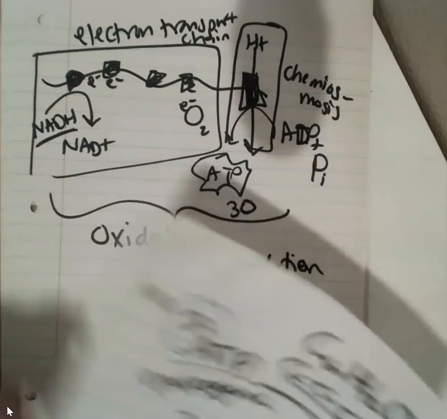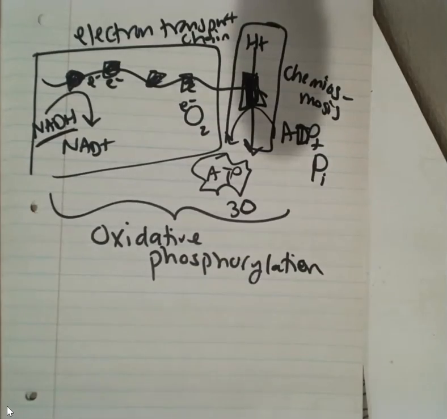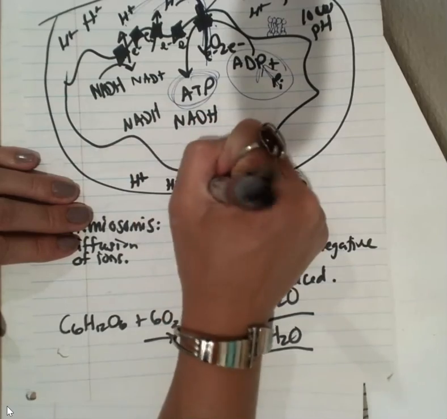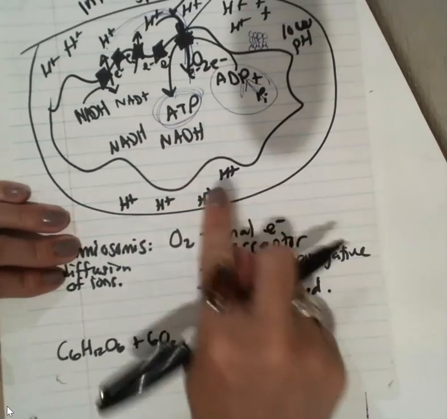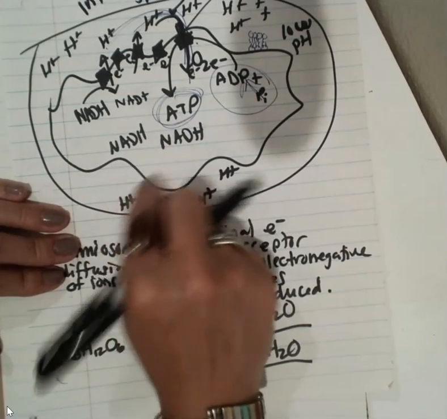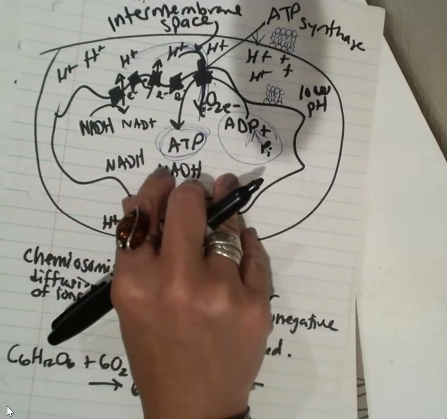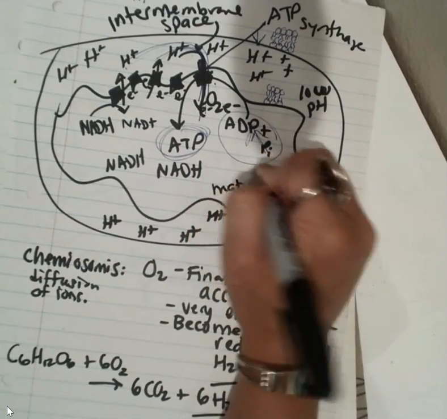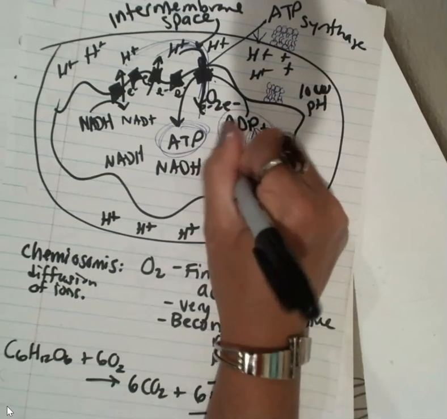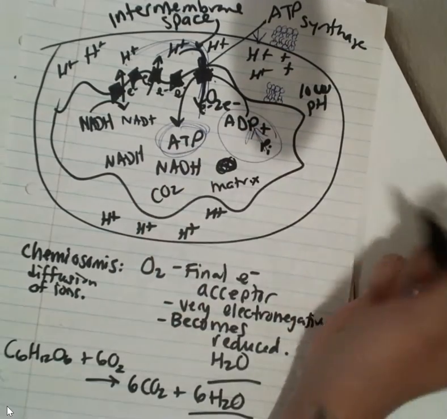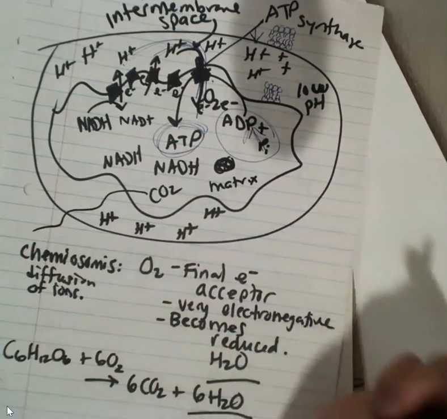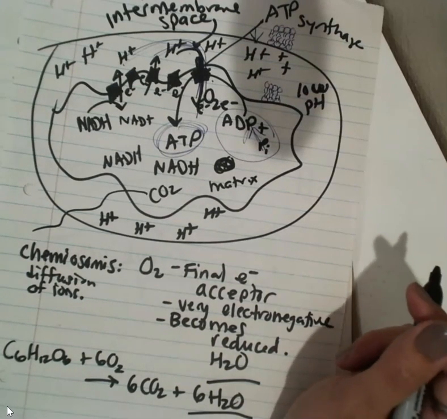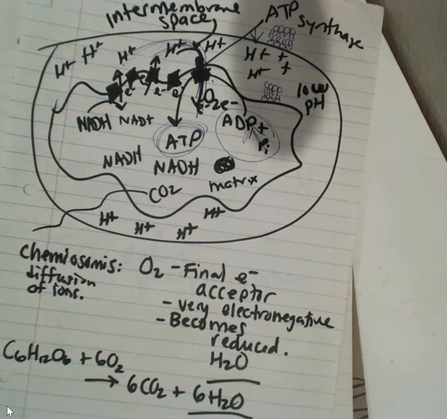Okay. Now the other thing, my last thing I wanted to mention, is that when we talk about these ions, they are kind of trapped within this space because of the lipid bilayer. I thought that was important to mention. And inside here, the matrix, that is also where the Krebs cycle happens. So those carbon dioxides that were produced will diffuse out because carbon dioxide is non-polar. All right, so those are my notes on aerobic respiration, and